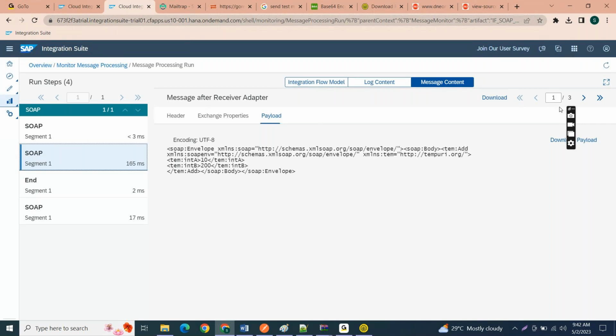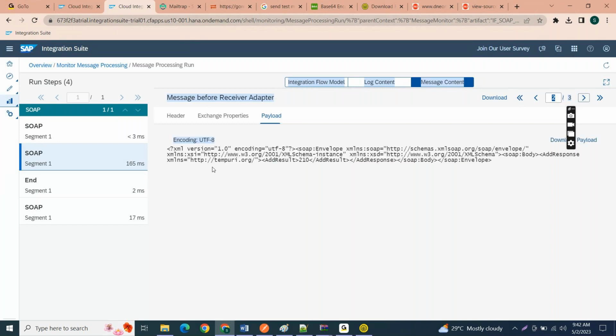See here, first, what is the data we are getting from the source? Without these root tags, without envelope, body, headers, the data comes in, so it is creating the structure in this format first of all. See, this is the second structure, along with the response message. So the third message is